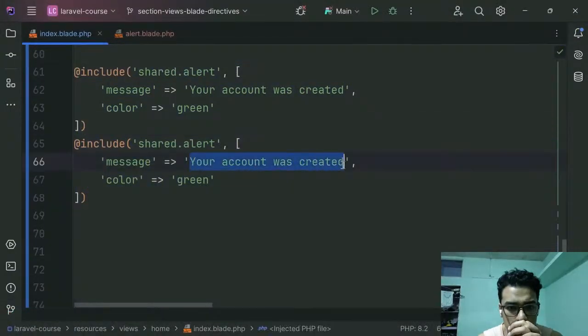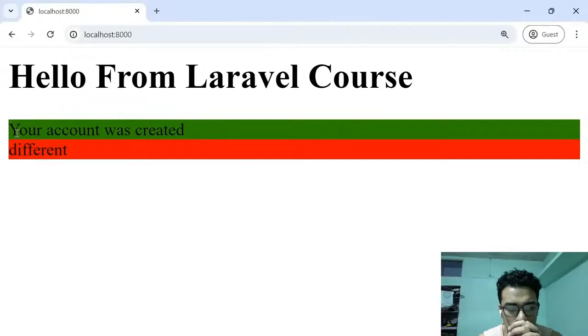I can provide a different text right here. I can provide a different color, like red, for example. Reload the page, and we see the same blade file included two times with different text and different colors. Of course, if we want to create like